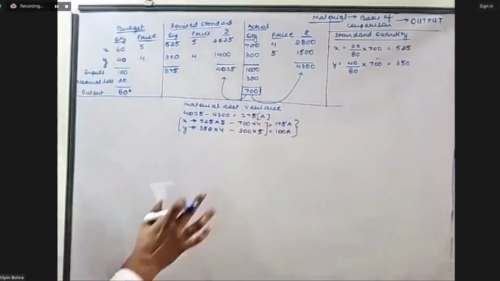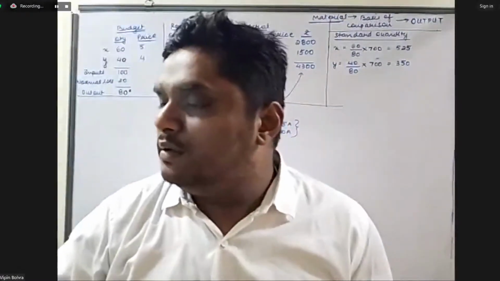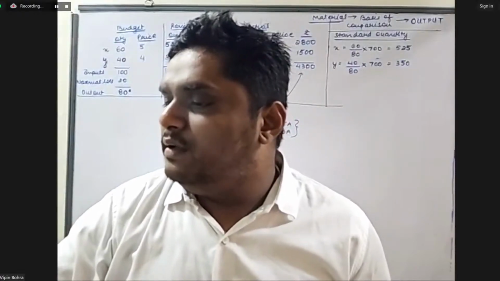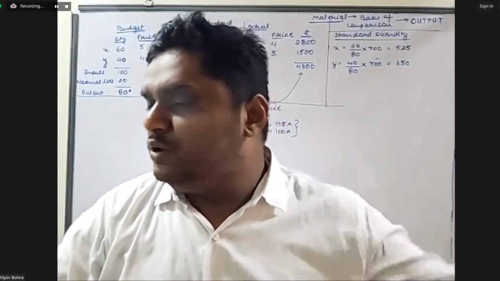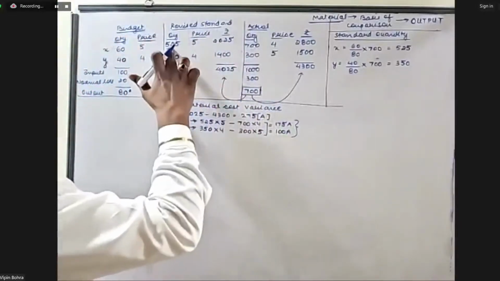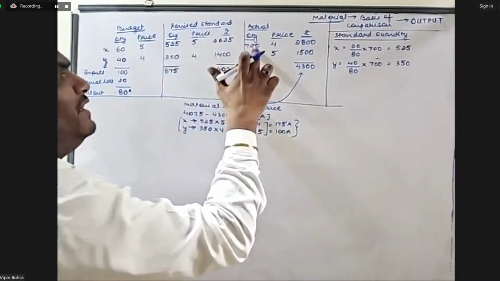So this is how I got 275 adverse. So when talking about the cost variance, yes, Miss Divya. Yes, Kiran Shukla. So ultimately, in short, for 700 units, 525 should have been used at the rate 5, but 700 were used